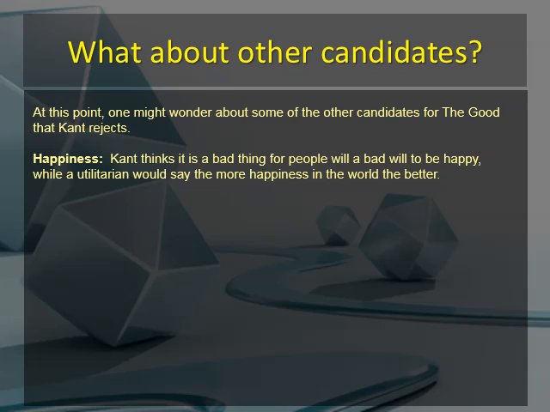So imagine 2 worlds, exactly the same, except that in one, a cold-blooded murderer sitting in jail is happy, and in another, he is sad. Kant would say that the extra happiness in the first world is actually a bad thing, since the murderer has a bad will and does not deserve happiness. This would go for both the utilitarian concept of happiness and the more holistic concept of happiness of virtue ethics that we will be talking about when we discuss that theory.